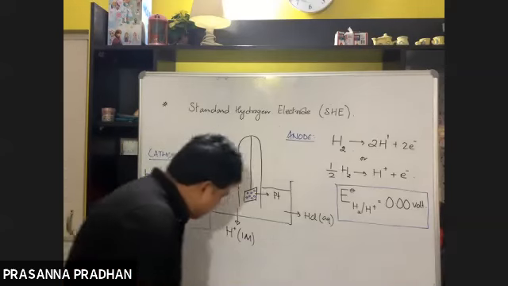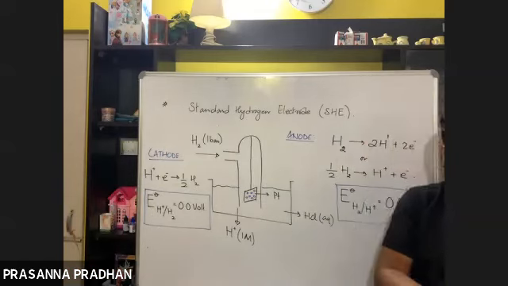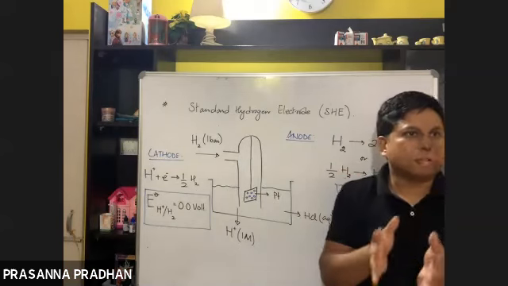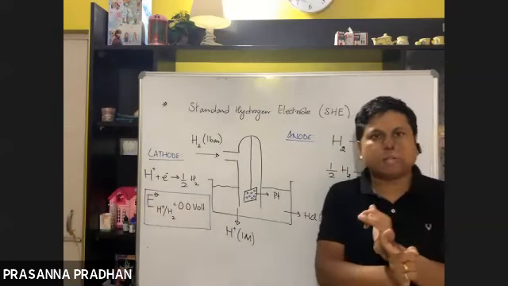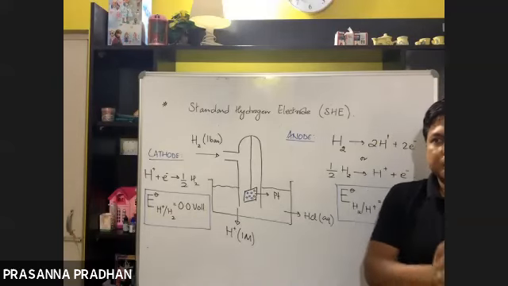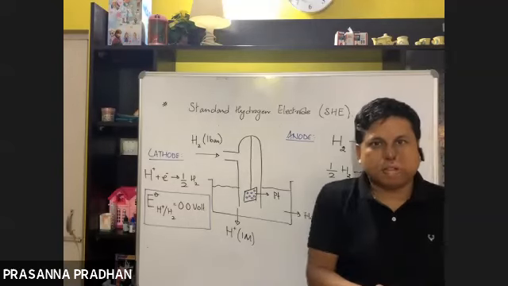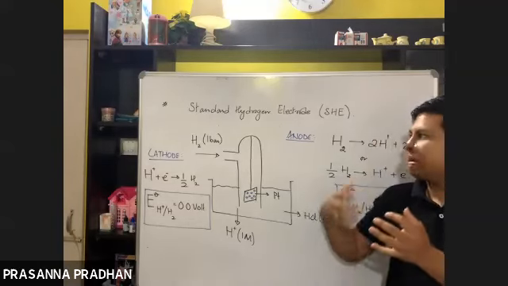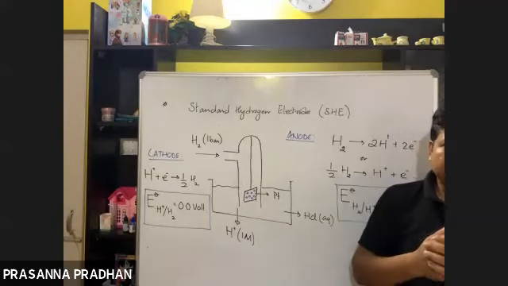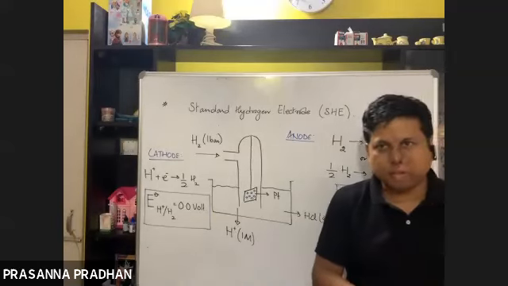Fine. So, what is the story? We studied electrode potential. And we also said that a half cell cannot work on its own. Since a half cell cannot work on its own, the absolute value of standard electrode potential cannot be determined. So in order to determine the electrode potential of a particular electrode, it must be coupled with another electrode.